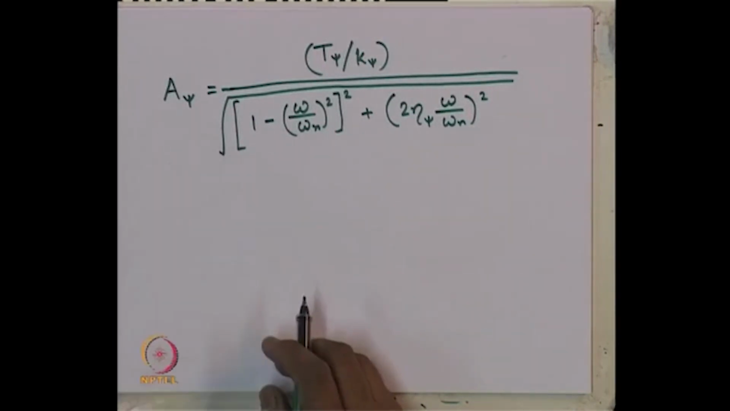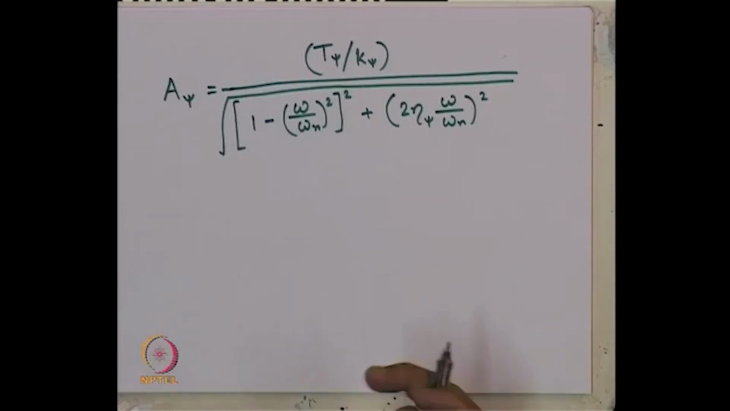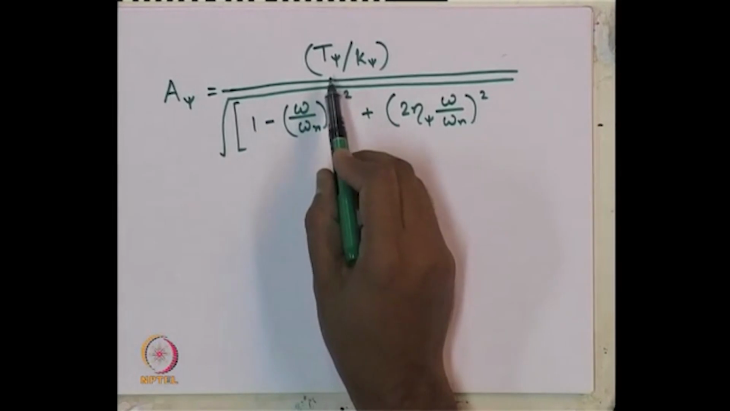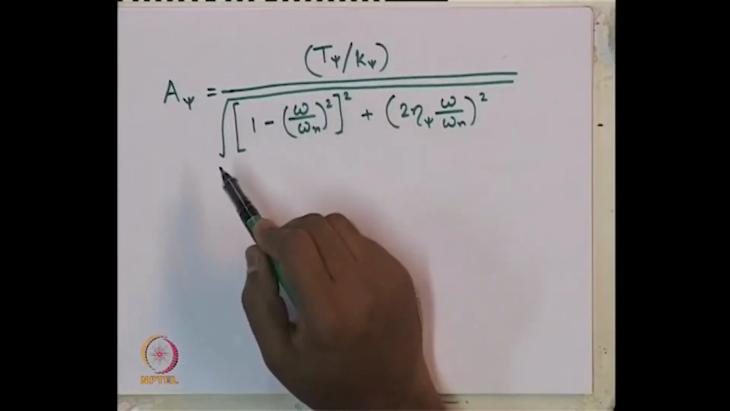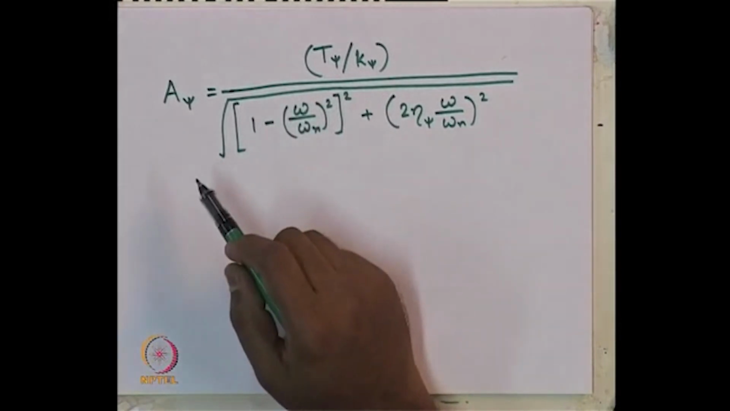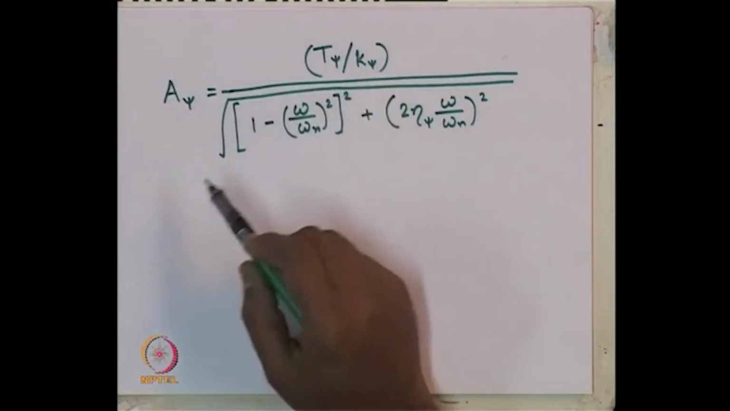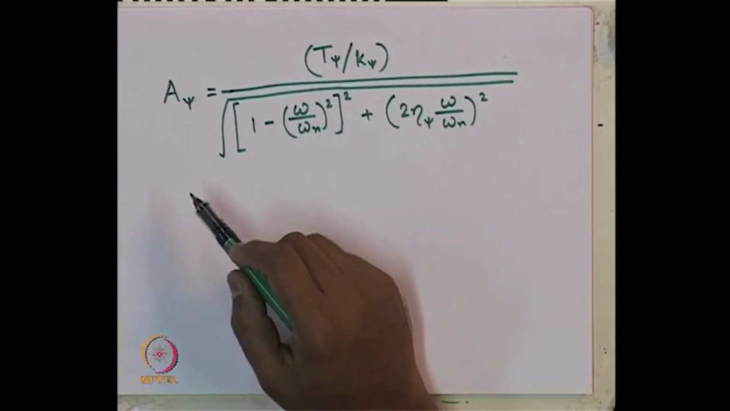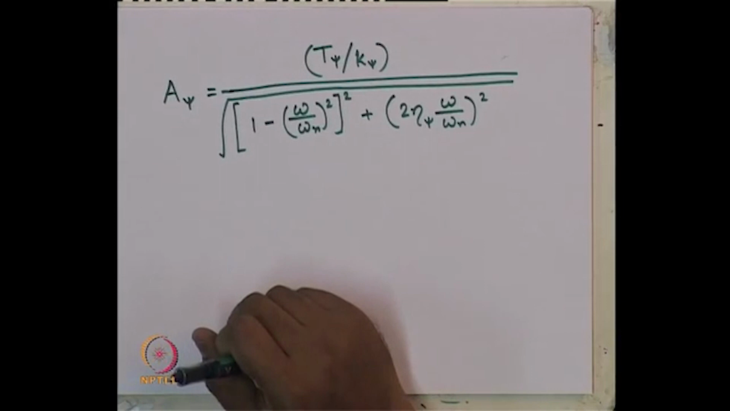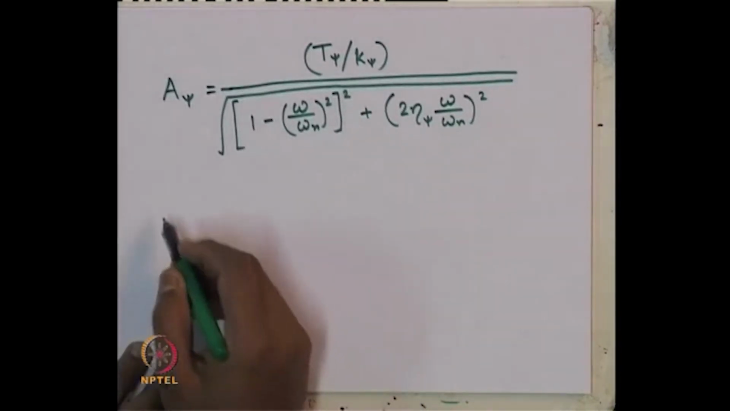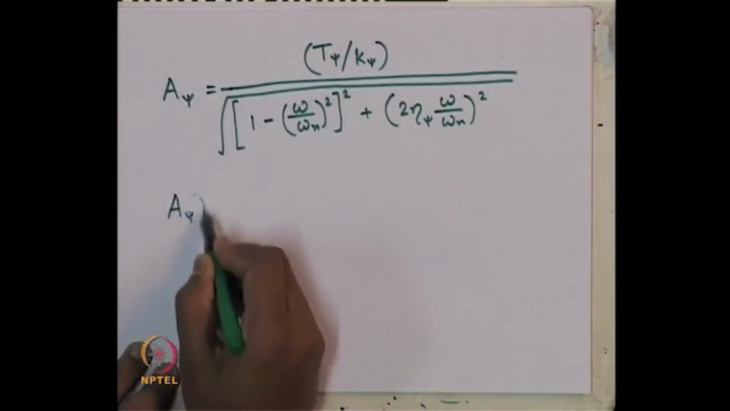What should be the unit of A psi? Radian. It is the rotational displacement. And if you have any doubt, the unit of T psi and K psi: T psi is in kg force centimeter, K psi is also in kg force centimeter. So, obviously, it will give the value in radian. So, let us calculate the A psi for